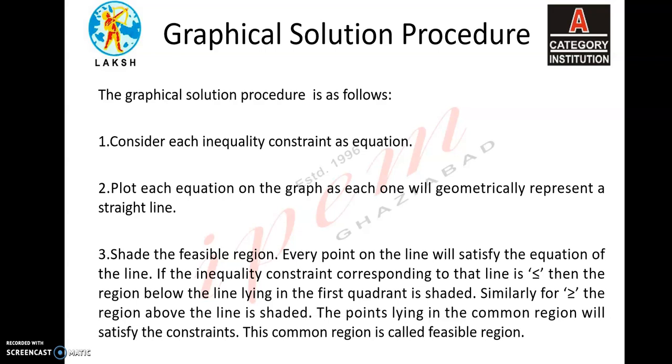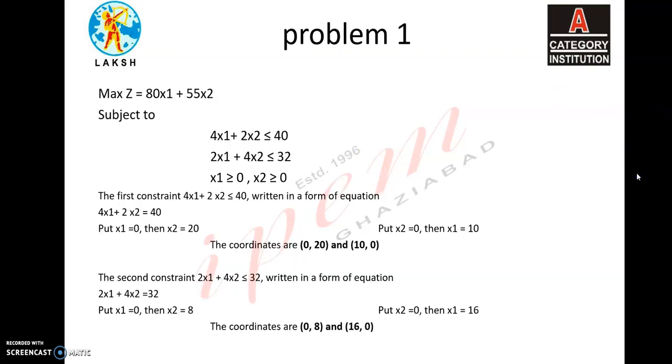And in the last, we will put the coordinate values in the objective function. If the maximum is asked, then we will find the maximum value out of the totals, and if the minimum is asked, then we will find the minimum cost. The coordinates corresponding to this maximum or minimum value are the values of the variables asked in the question. Let's understand this more with the help of an example.